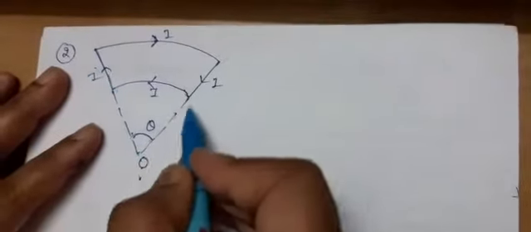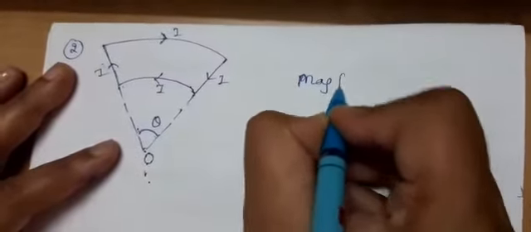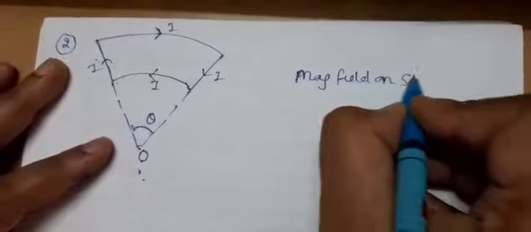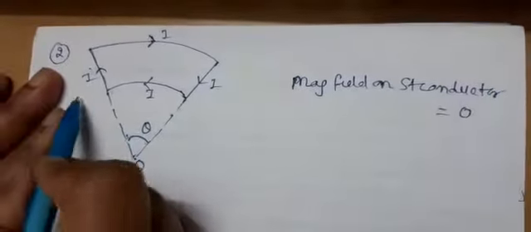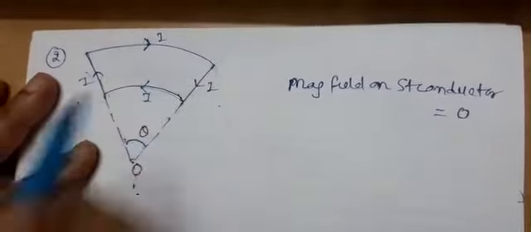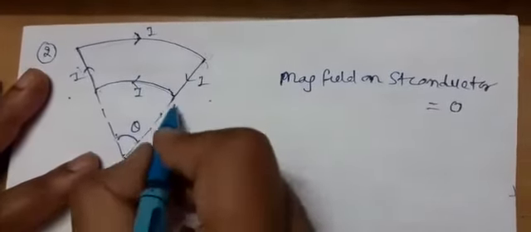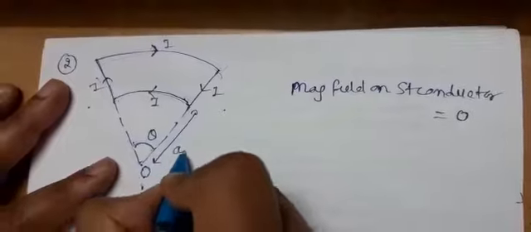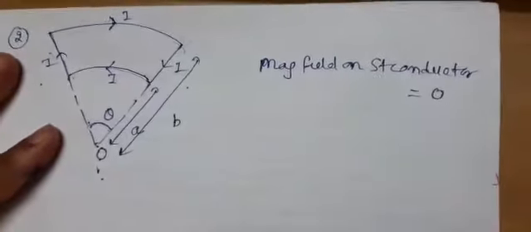Now again you can see that this is a straight wire. This is also a straight wire. This point O is lying on its axis. So directly you can see the magnetic field due to a straight conductor, obviously with current flowing through it, is 0, for this and for this. Now the magnetic field due to the arcs. One more thing should be given, the radii. Let the inner radius be A, and the outer radius be B.